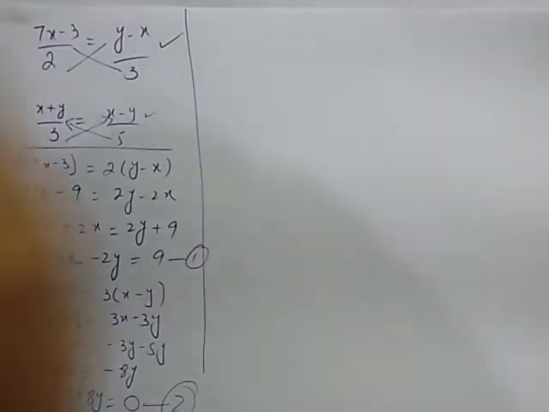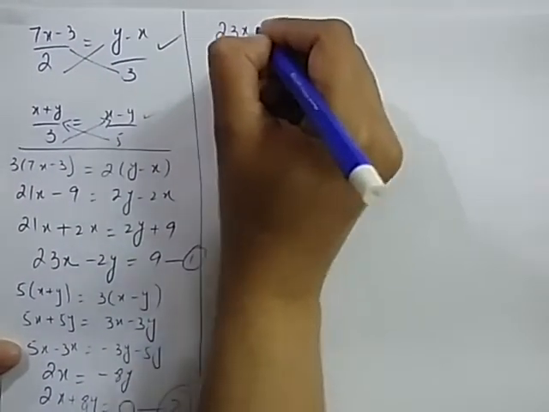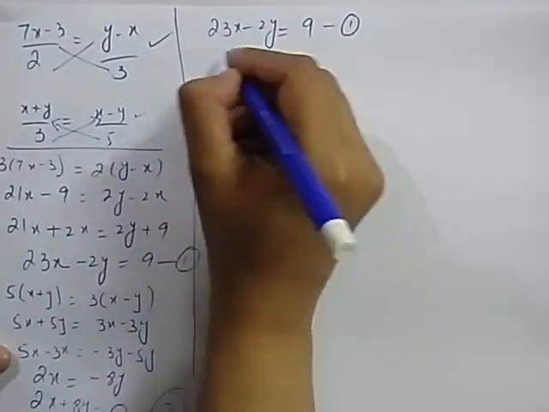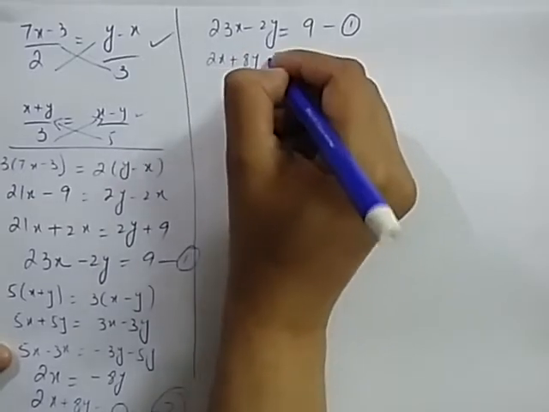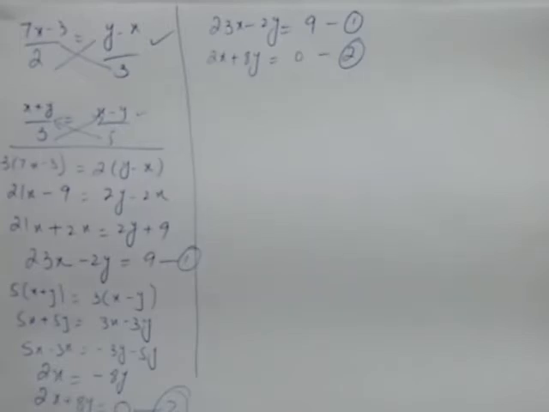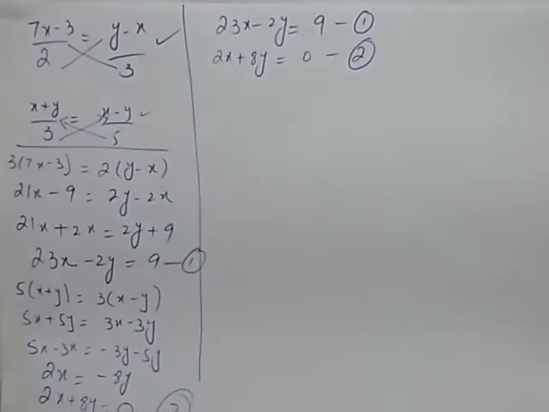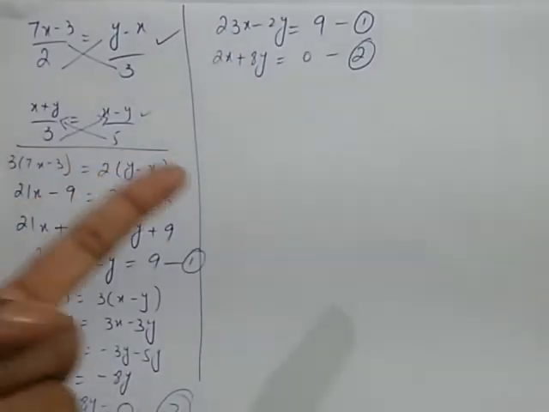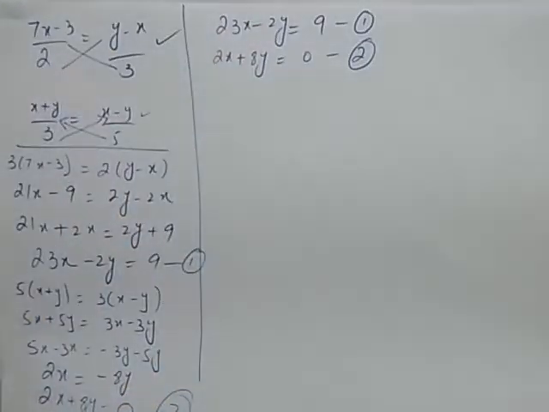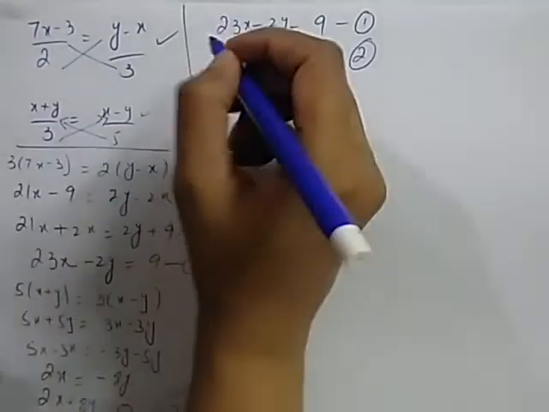Let me write the equations again here. 23x minus 2y is equal to 9, that was equation number 1, and 2x plus 8y is equal to 0, that was equation number 2. Now you can see that the coefficients of both are different, but it is easy for me to convert this 2 into 8 because 8 is a multiple of 2. So if I multiply equation number 1 with 4, it will be easy for me to make the coefficients of y